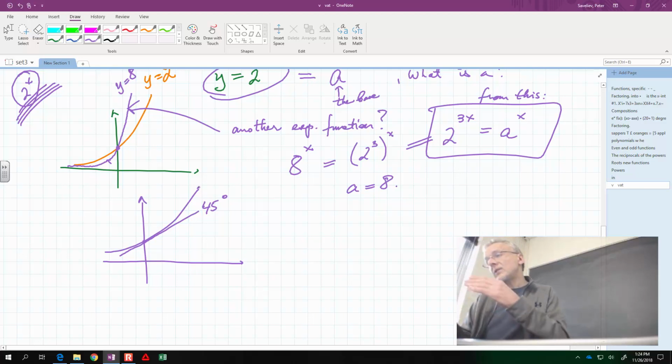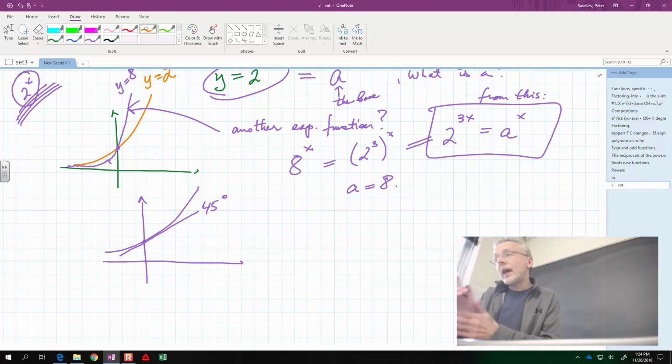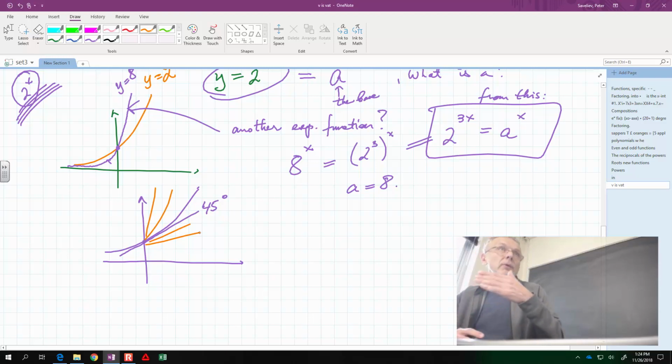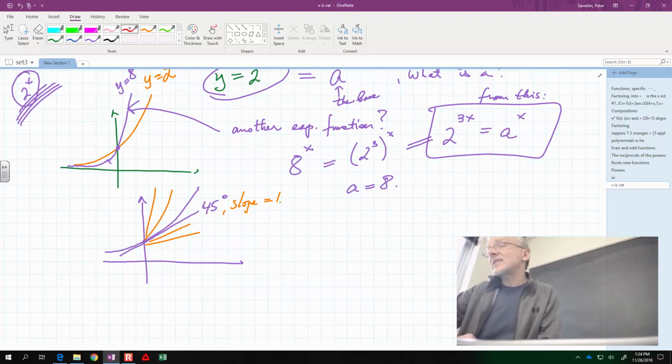It means that you cut all exponential functions in half: those that are steep and those that are kind of shallow. Higher than 45 degrees is steep, lower than it is shallow. Or if you like, its slope is equal to 1. So we pick this one as the best, the only exponential function that we care about,